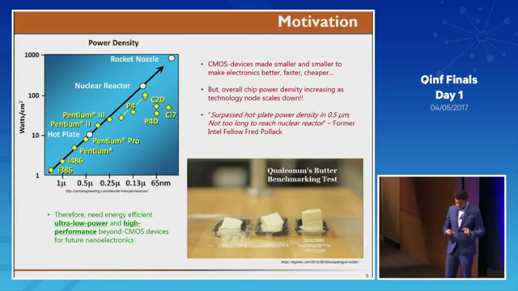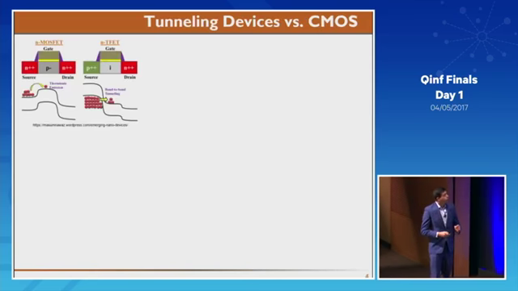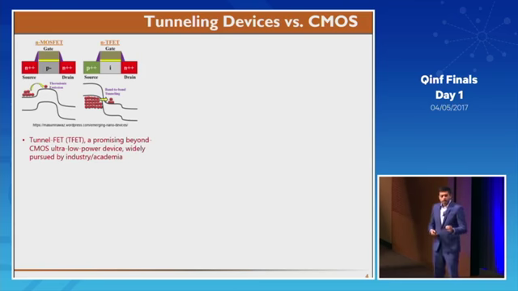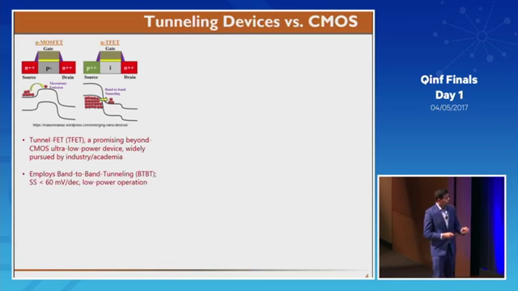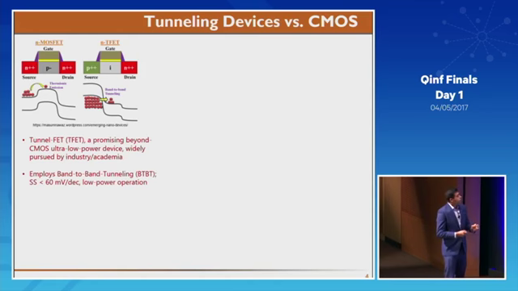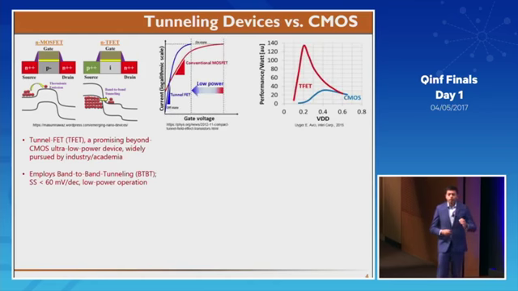device concepts. So talking of beyond-CMOS device concepts, the tunnel field effect transistor is one such promising ultra-low power device that is widely being pursued by industry and academia. It features the mechanism of band-to-band tunneling of electrons that enables the tunnel field effect transistor to achieve a subthreshold swing lower than 60 millivolts per decade, thereby enabling low power operation and better performance at low VDD as compared